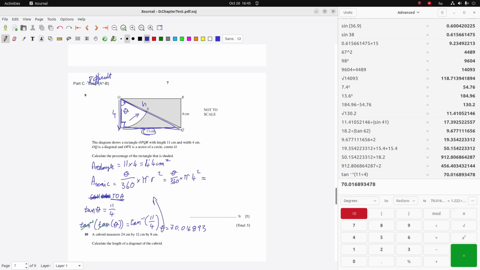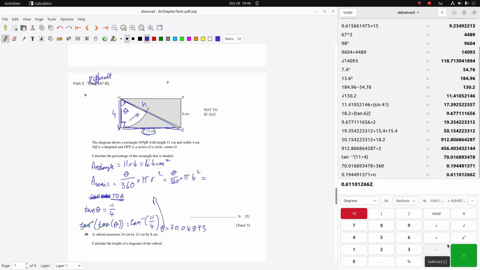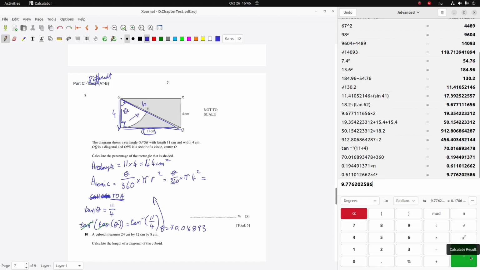So that's equal to that divided by 360 multiplied by pi multiplied by 4 squared. So the area of the semicircle is 9.776203. Okay, now we're going to calculate